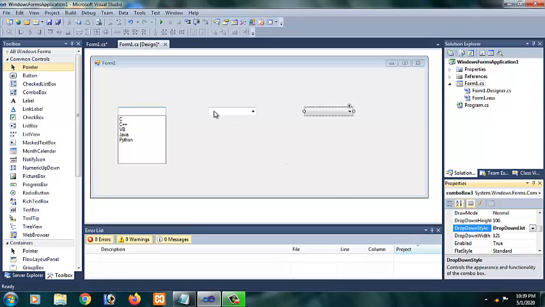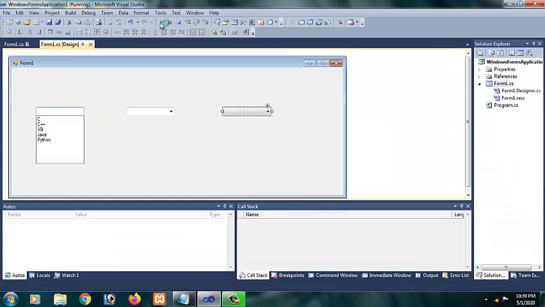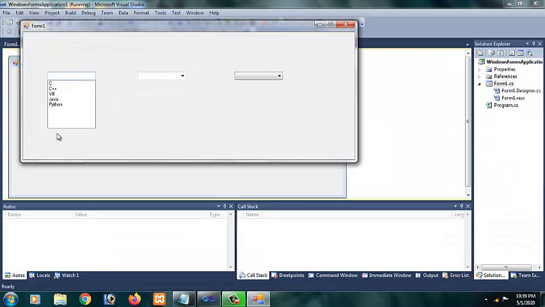So let's see the difference at runtime now. See here, in the first option the user can type the value or can select the value. So both things are permitted there. In the second case, to see the list of items, the user has to click the drop down icon to see the items here, and also the user can type the item name or the value there.